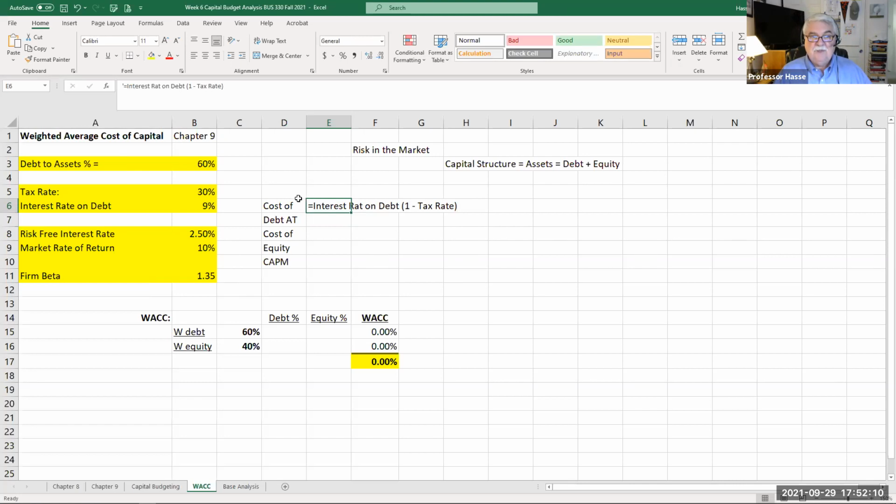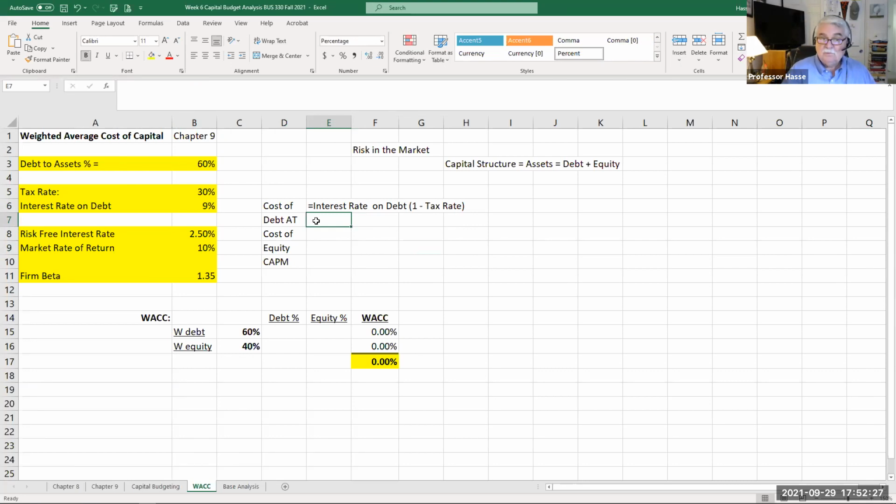The interest rate on debt times 1 minus the tax rate. That's how to determine your cost of debt. So if I put that in a mathematical formula, equals my interest rate is 9%, 0.09 times